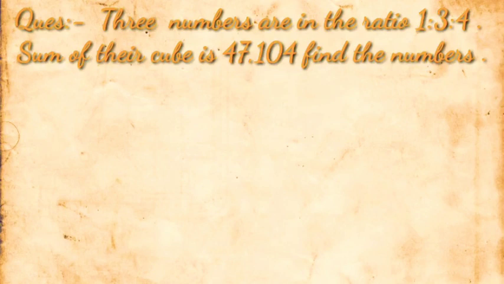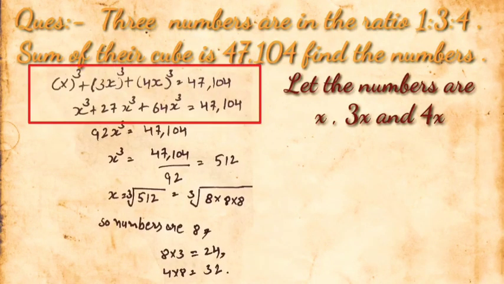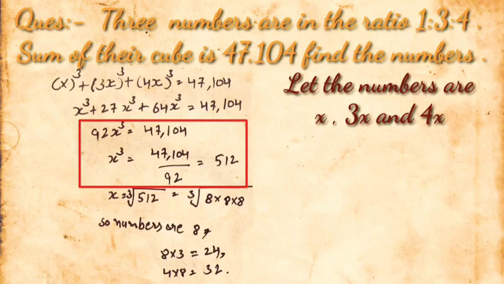So I have supposed here, let the first number be x, and the second, since the ratio is 3, will be 3x, and the third number will be 4x. According to the question, the sum of their cubes, so just go for cubing, x cube plus 3x whole cube plus 4x whole cube equals 47,104. That will be x cube plus 27x cube plus 64x cube equals 47,104. After adding all the numbers 27, 64 and 1, you will get 92x cube equals